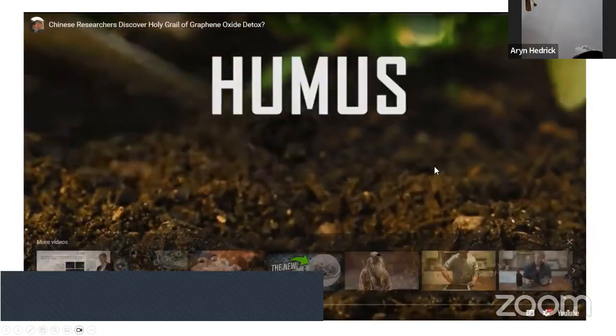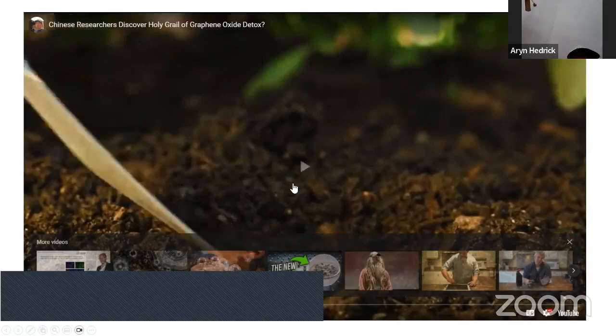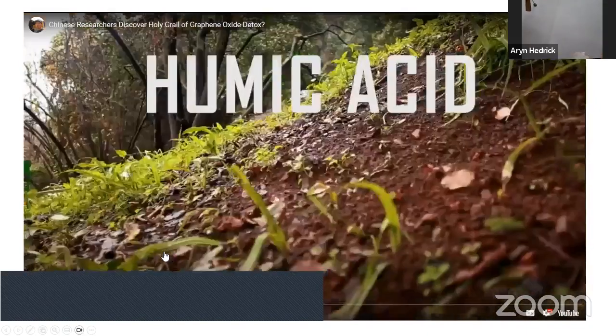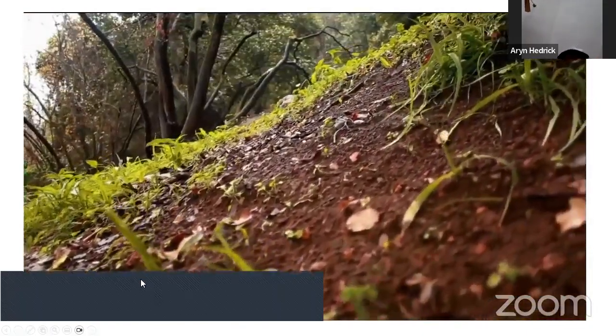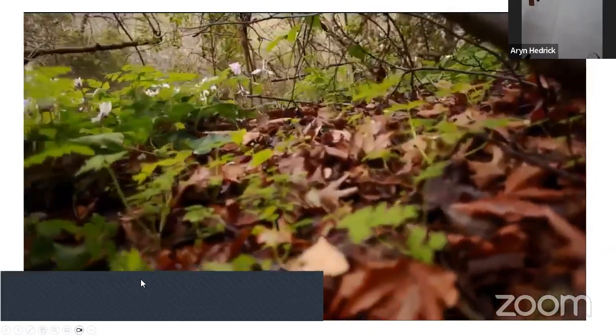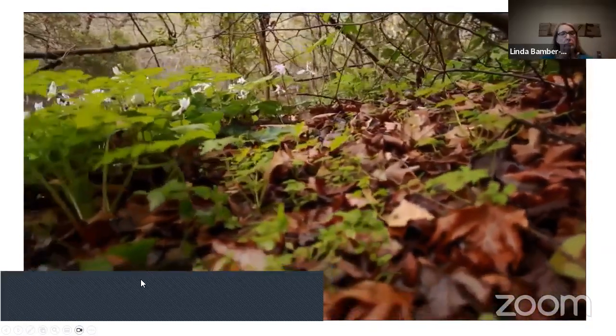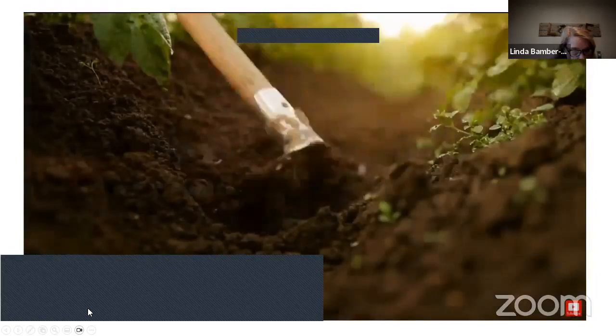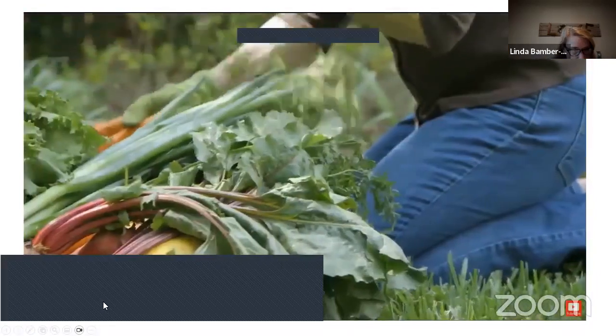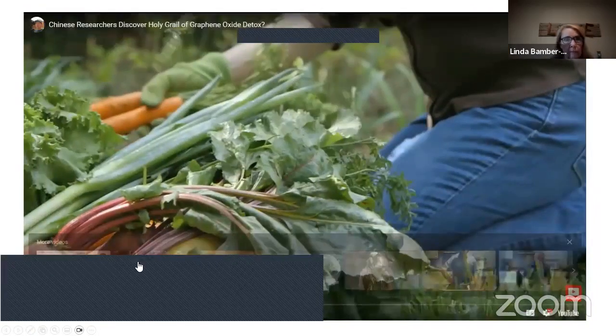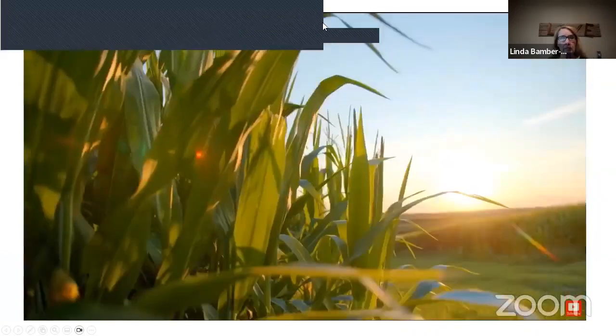Humus is a valuable component of good soils, and humic acid can be defined as a complex mixture of organic acids produced by the decomposition of vegetable or animal matter. Humic acid tends to be higher in soils with lots of organic matter breaking down over time, such as in jungles and other forests. And organic farmers and gardeners rely on soil with good amounts of it to help produce lush, abundant crops without the need for chemical